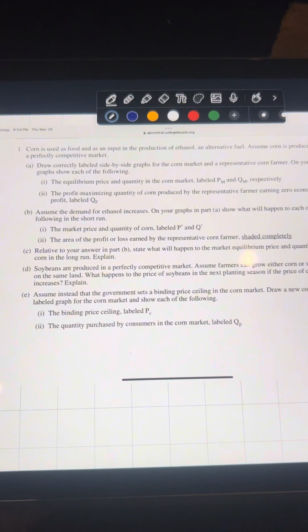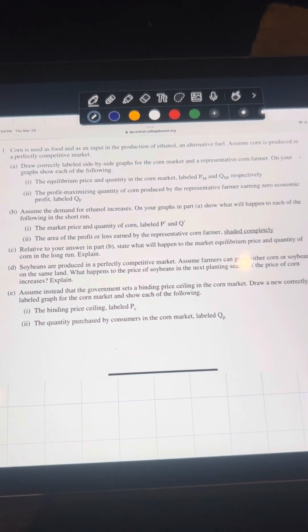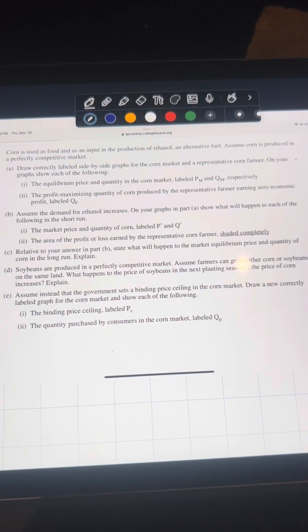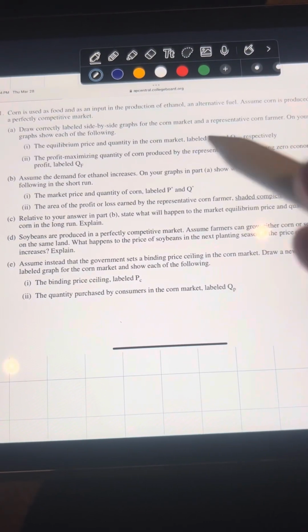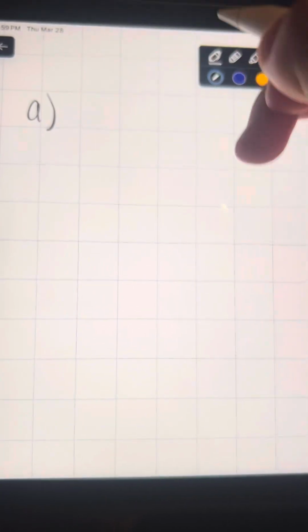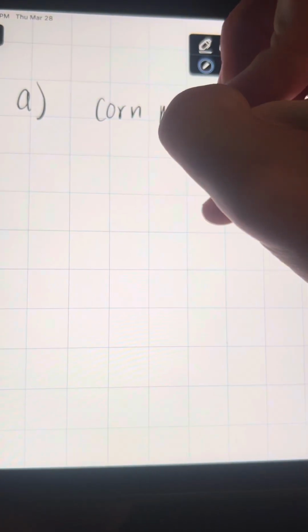So looking at part A, draw correctly labeled side-by-side graphs for the corn market and a representative corn farmer. On the graphs, show each of the following, and then it just asks to show the quantity for the market as well as the quantity for the farmer. M is for market, F is for farmer. So for A, we're gonna start with our corn market,